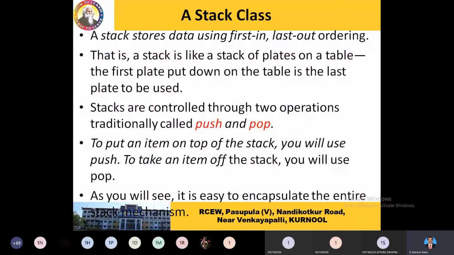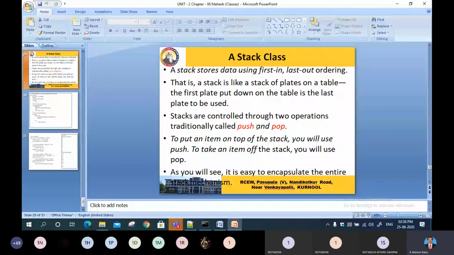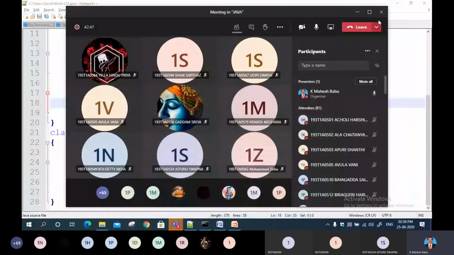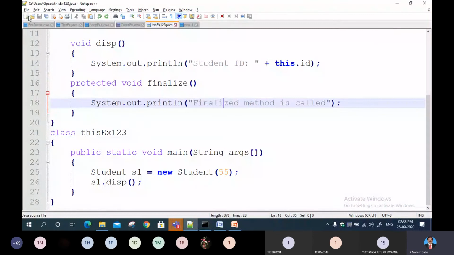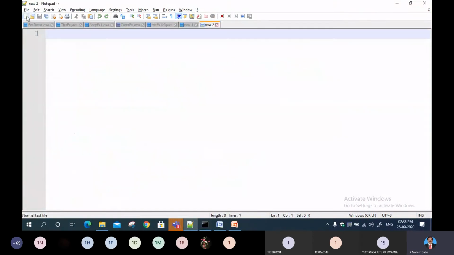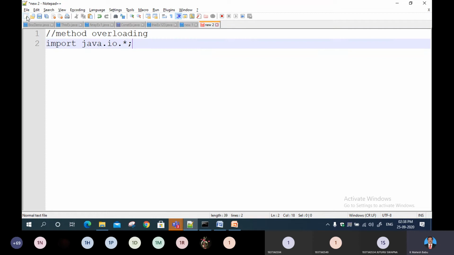Okay, this program we will see later. And we will see method overloading first, and I'll take one more application, a new application. So I'm going to define from scratch itself, import java dot io dot star. Say for example, I add one statement before that. Method overloading. First, what is the method and how you are going to overload the methods. That's the main concept of this.